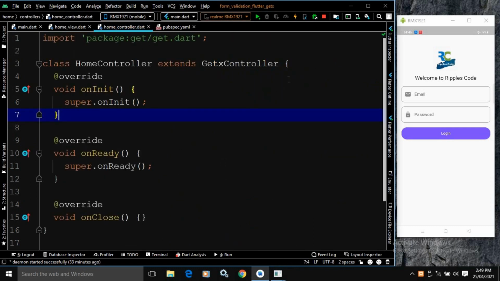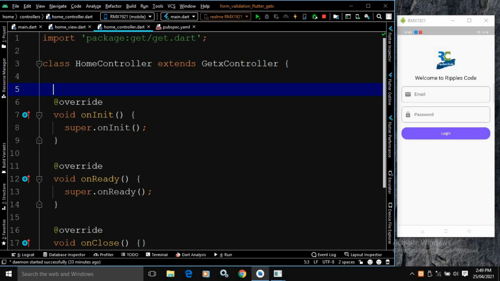Inside the home controller, here I will create a global key. This global key is used to identify a form uniquely. So let me create it.